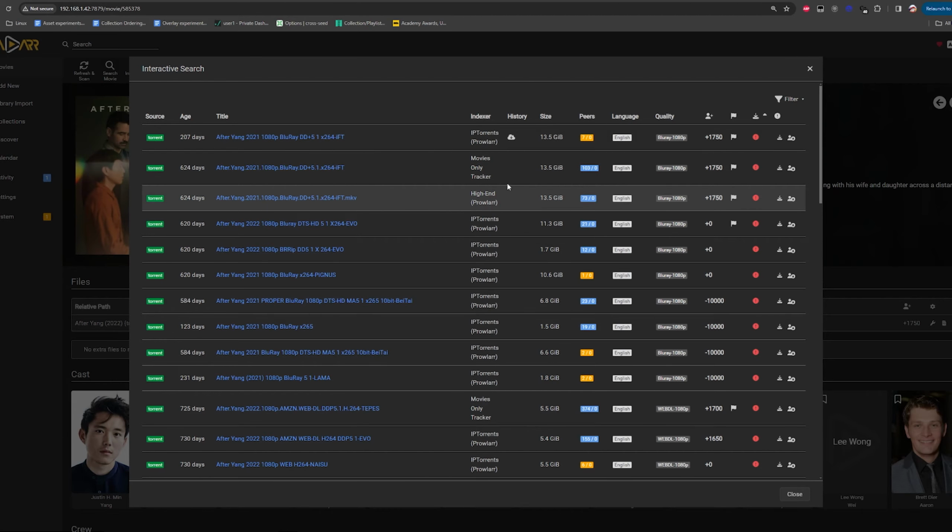Here's one other example of where the priorities really work in terms of how I set it up. So again, here I set the priorities, assuming everything else is the same. We can see here BitTorrents, movies only, and high end. Now, pay attention to this here. The age of the BitTorrents one is 207 days, but the movies only and the high end are 600 days old. That's crazy. So it came to BitTorrents way later.